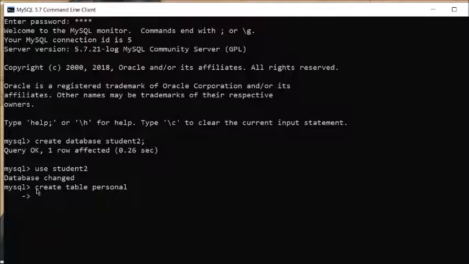Create table is the command, and personal is the name of the table. This should be a user defined name. The same rules we follow in writing the name of a table or the name of fields, that is columns, are the ones you used to follow in Python when creating variables. It should not contain special symbols, and it should not have a space.